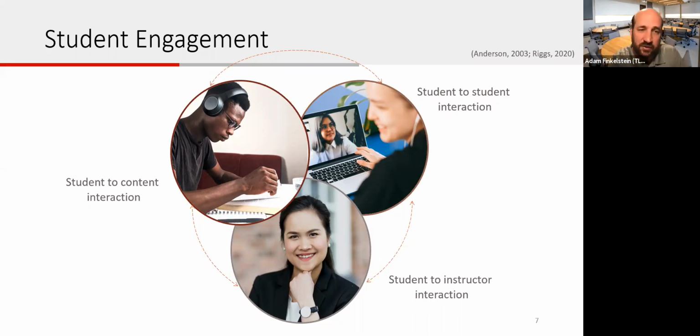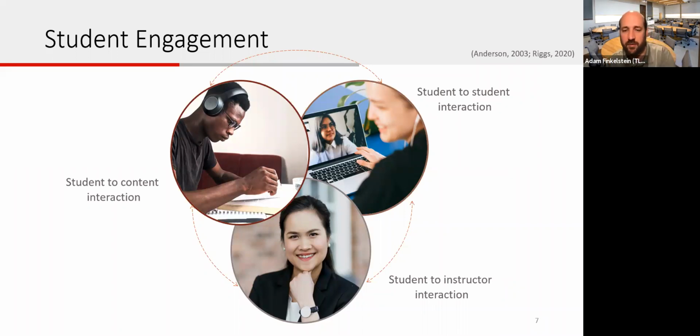Maybe there are other TED Talks you want to bring in. Maybe there are things you're going to actually record yourself with Zoom. Maybe there'll be live sessions. But all of these things are really important to think about how your students are going to interact with content. The second thing that's important in this diagram to think about student engagement is, how are your students